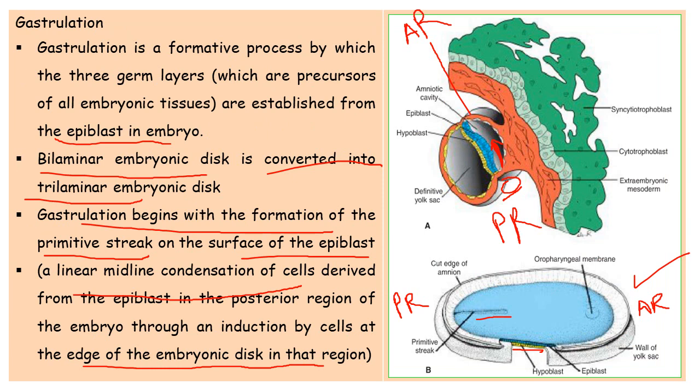Now the implantation is already in progress, and in the second week of development the blastocyst is partially embedded in the endometrium in the area over the embryoblast. Embryoblast is what? The inner cell mass. So the trophoblast differentiates into two layers: the cytotrophoblast, which is the inner layer and is composed of mononucleated cells, and the outer layer, which we call the syncytial trophoblast. This layer is a multinucleated zone, formed from the trophoblast after mitotic divisions, and later on these cells migrate to the outer periphery of the trophoblast and fuse to form the syncytial trophoblast.